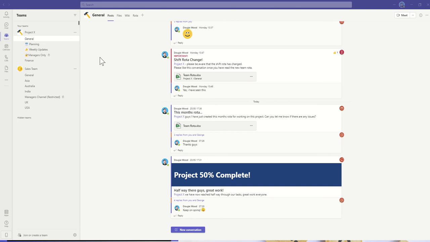So for that, I would say ideally the sweet spot I found is that around 5 or 6 channels is about the sweet spot. Anything over that, you tend to find that whatever you're trying to categorize or silo into those particular funnels, you're going to water down the point of it, and people are going to refer back to the path of least resistance, which is always going back to that general channel.